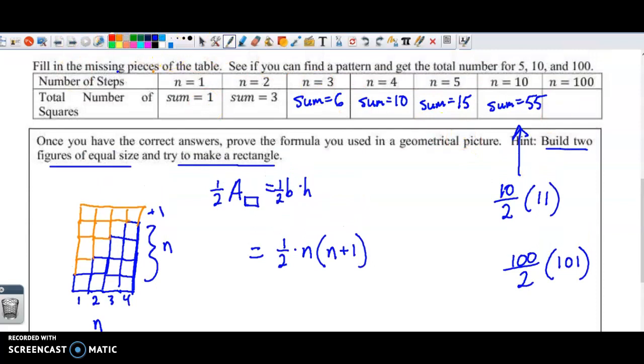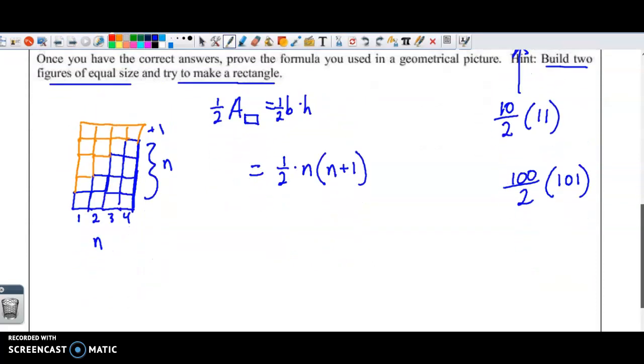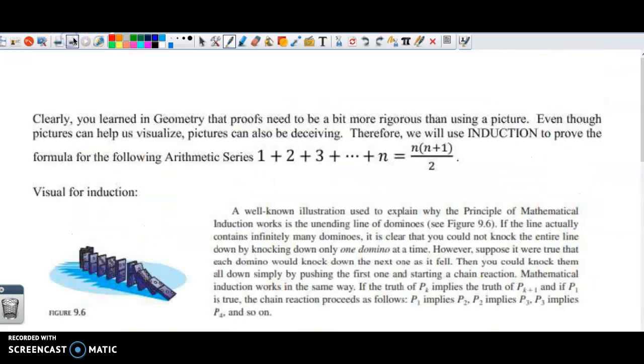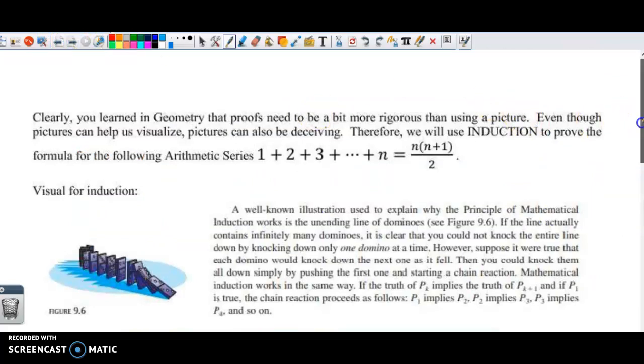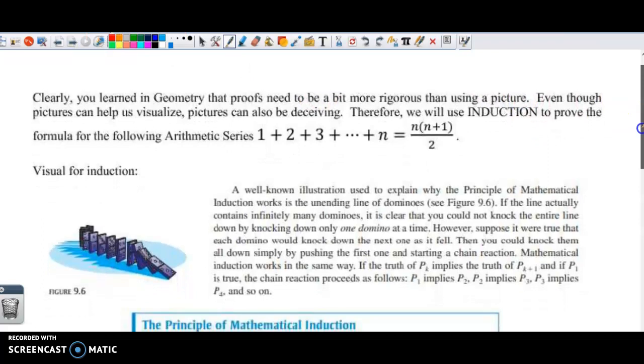So where are we getting to mathematical induction? This is just coming up with an equation. I like this visual, and I know it's very confusing. But the basis with mathematical induction is that we can come up with a formula. So here's my formula. And we should be able to prove that that formula works without using geometry, without drawing